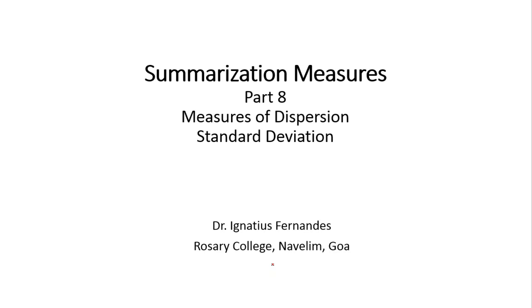And what we try to measure, in this case, is the fluctuations in the data set, or to what extent the data values are deviating from its central value. In the case of mean deviation, we have seen how to calculate the mean deviation about mean, about median, and about mode. Similarly, we also have another very important measure of dispersion, called standard deviation, and this is the most often used one in almost all fields.